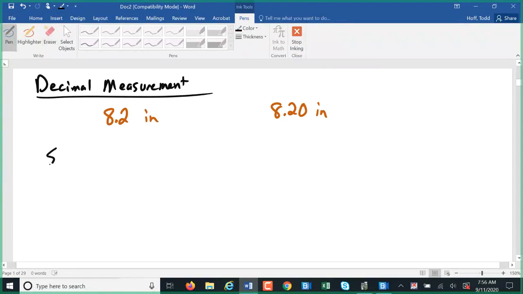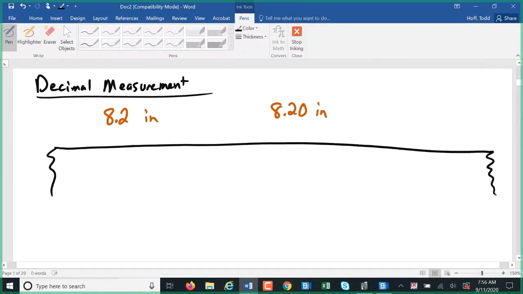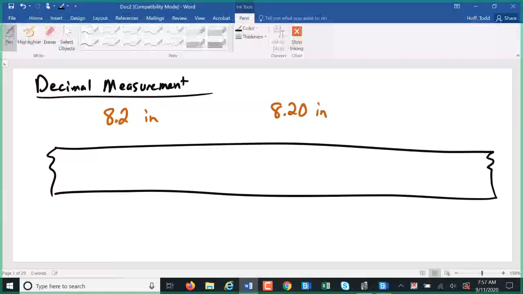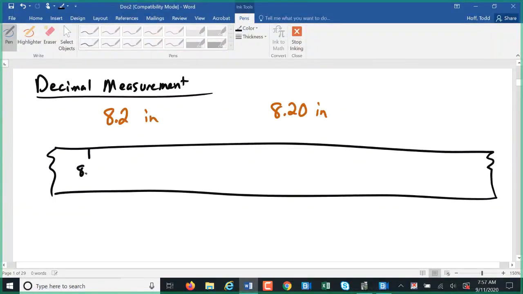But mathematically, numerically, 8.2 and 8.20 mean exactly the same thing. That 0 on the end after the decimal doesn't add anything numerically to it. But technically,